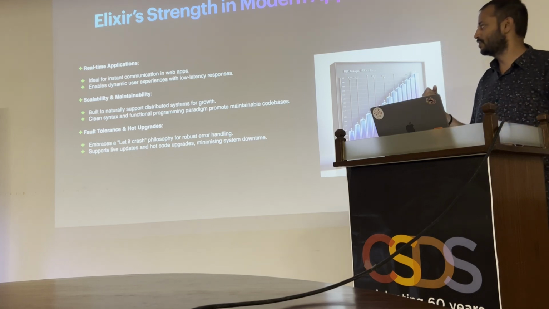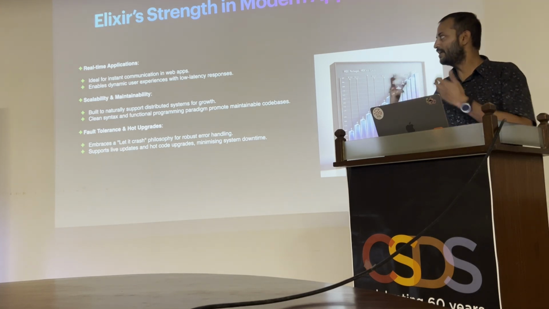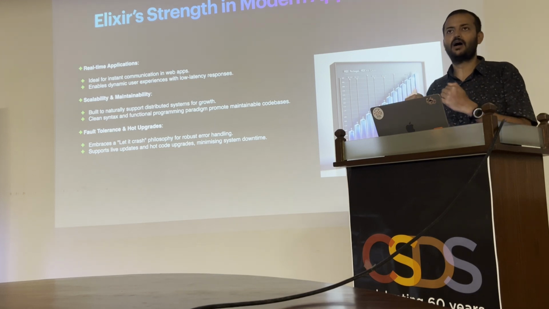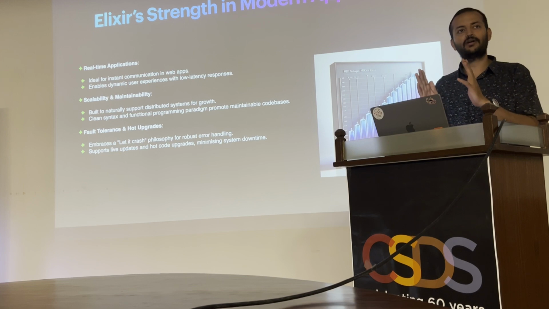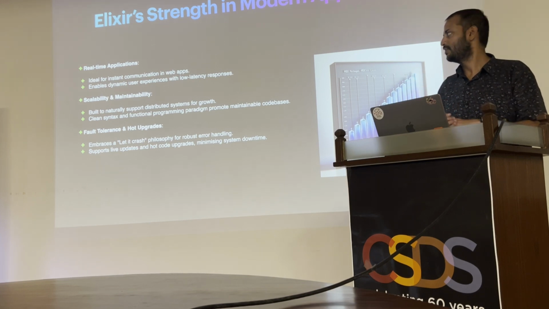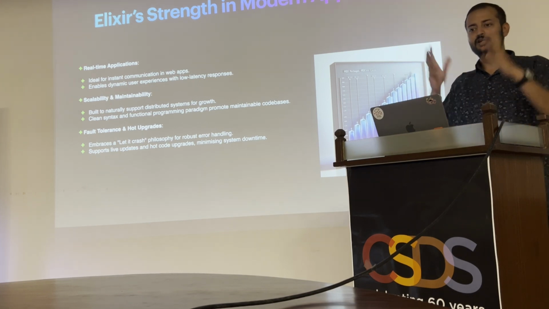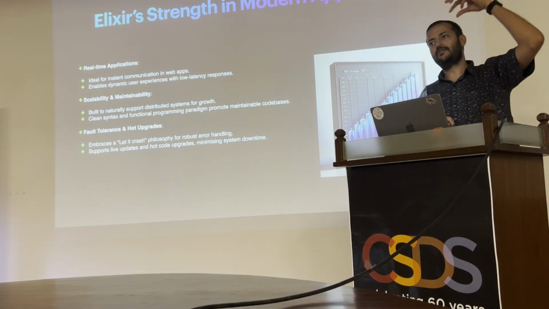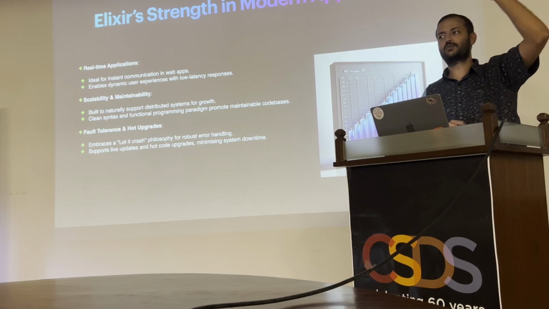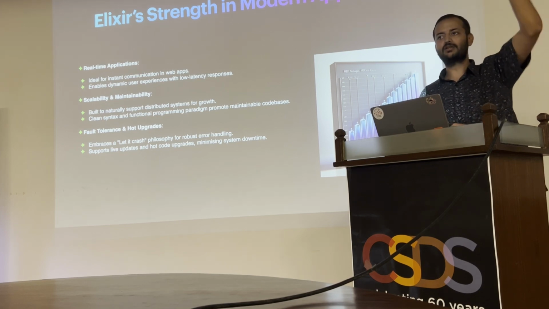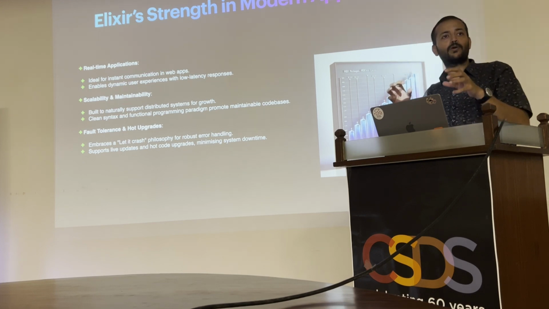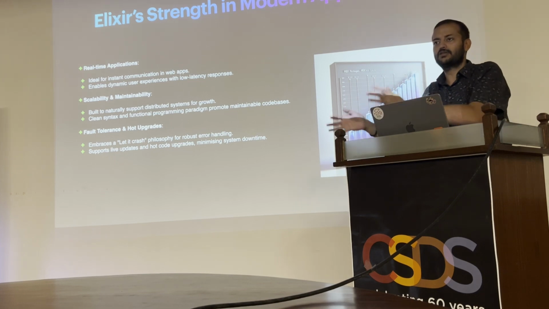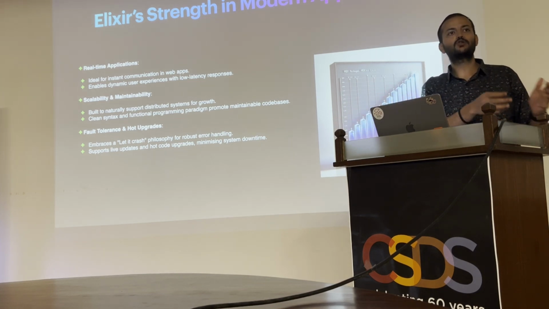Fault tolerance, which from the creators all the way to the very well-versed developers, they really harp on this fact that it's fault tolerant as a language and as a system. And what makes it fault tolerant is this supervisor tree that is built into the language. So you essentially have a process supervisor. When you launch that spawn and you spawn a new PID, there is a master supervisor that may be supervising a process and a few other supervisors. And then this tree continues down, monitoring certain processes and monitoring certain other supervisors.